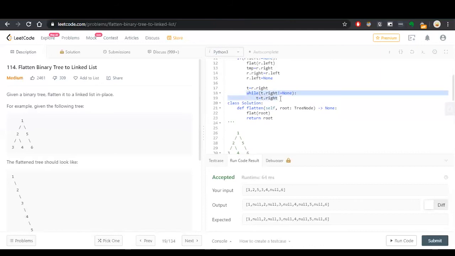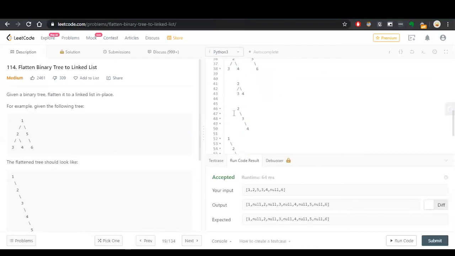We're traversing to the last point and checking if the right pointer is none, then we are stopping. Okay, so how we are going, we are starting from this point, then checking if the right pointer is none. No, it's not none.